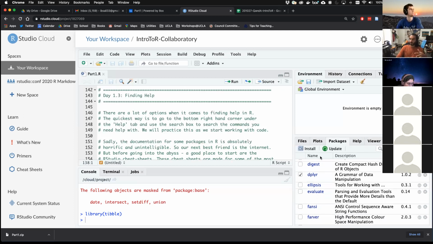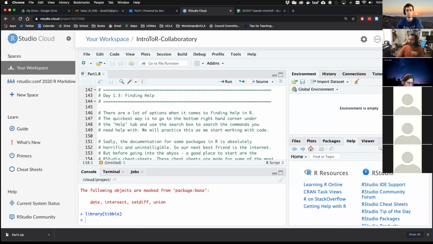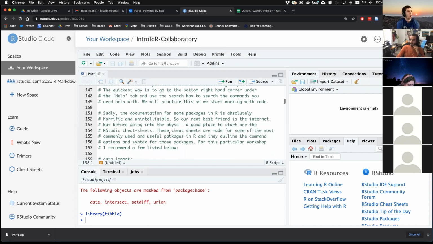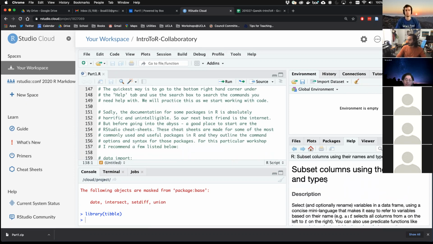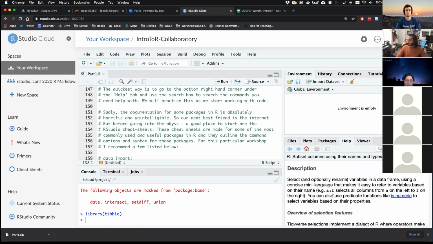The easiest way to find help is by just going to this help tab and searching for a command that you're working with. And we're going to get a chance to actually use that a few times throughout our lesson. Unfortunately, the documentation for some packages is very, very difficult. So let's see, select. So select in dplyr is one where they have some